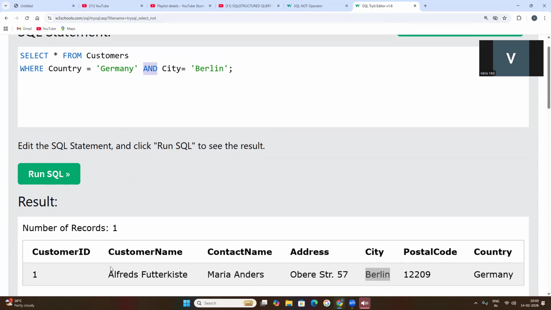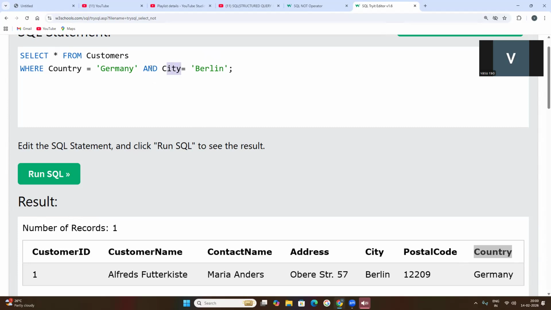In that database, in every record, the country column must be there. Under that country column, Germany, if any country name is there, that will be selected,